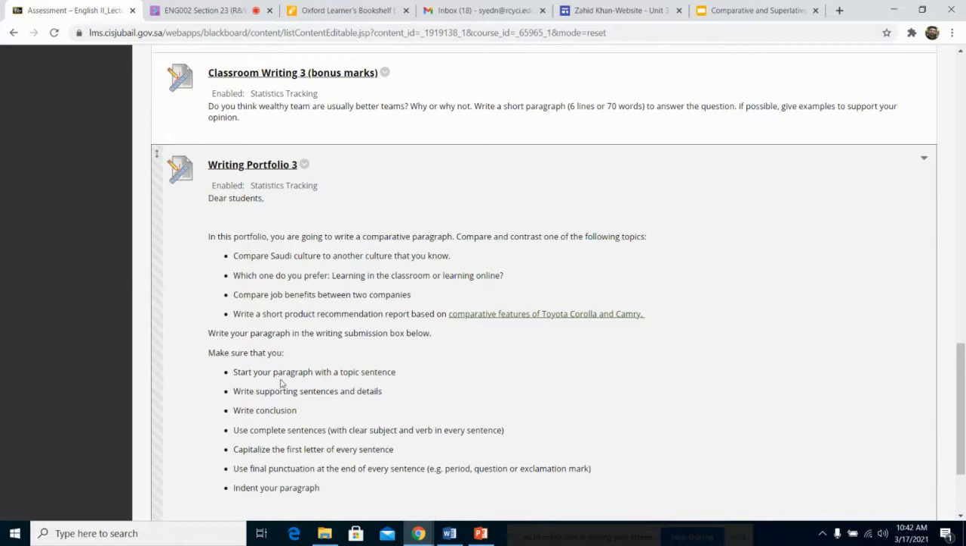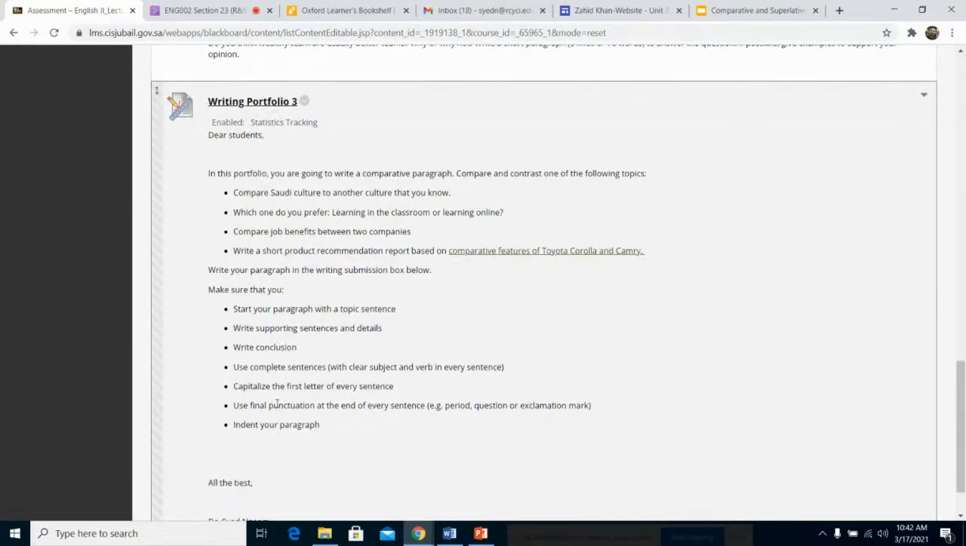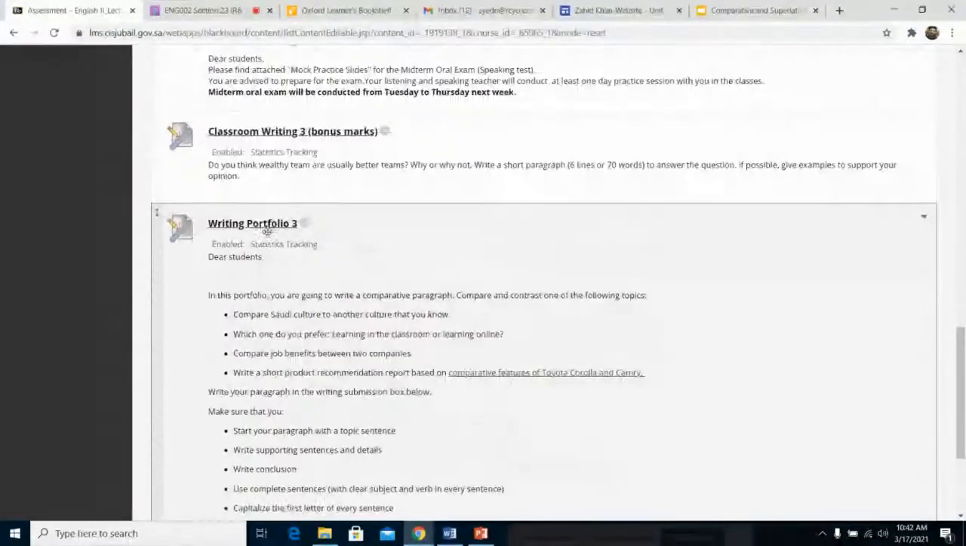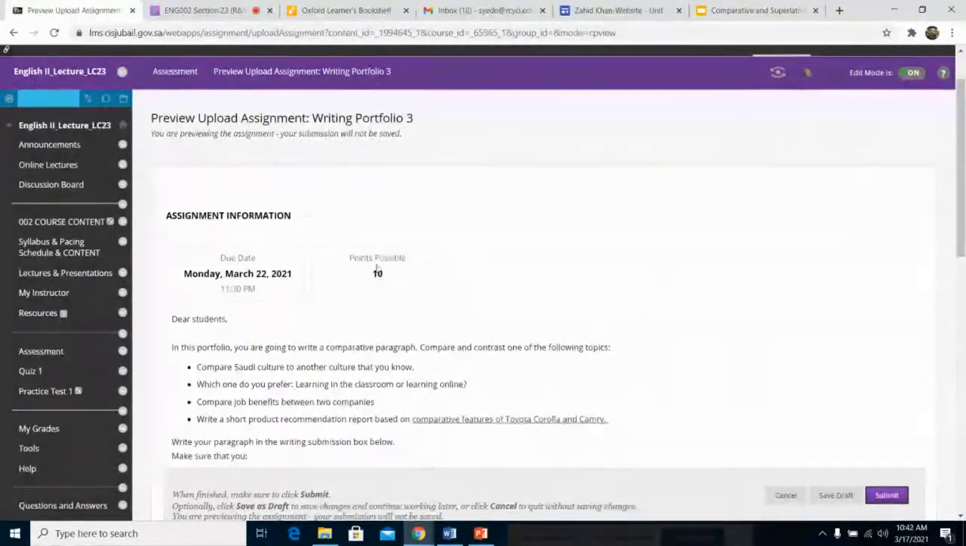Make sure that you start your paragraph with a topic sentence, then write supporting sentences and details. You need to write a conclusion. You have to use complete sentences with a clear subject and verb in every sentence. Be careful to capitalize the first letter of every sentence. You must use final punctuation, and you should indent your paragraph. All these things are written here. Just click it anytime from home. You will find the